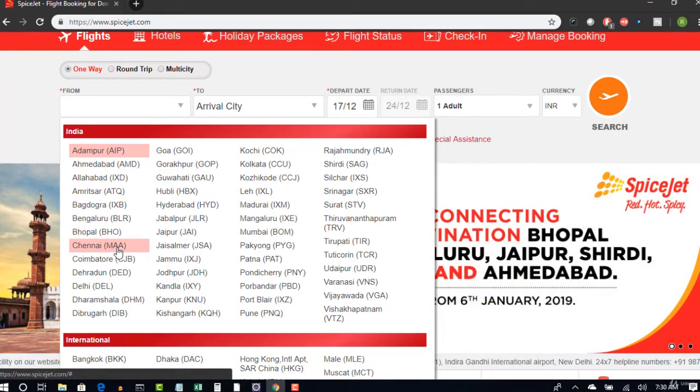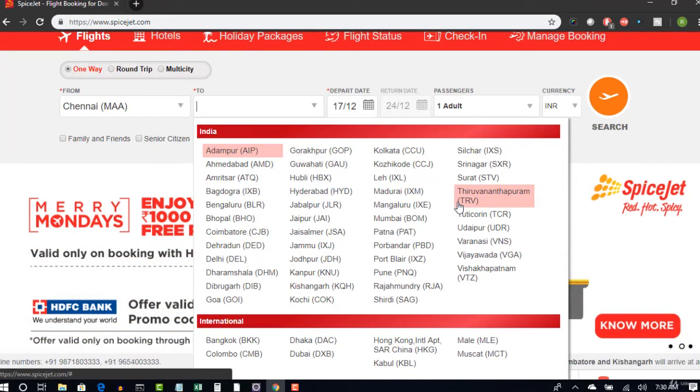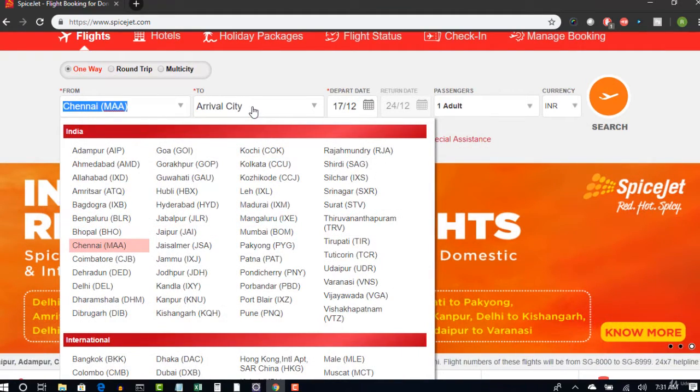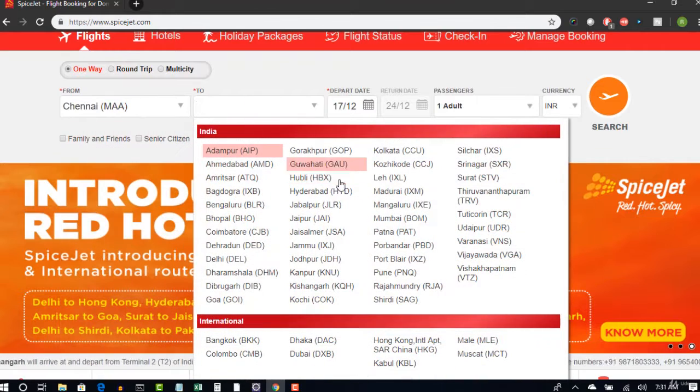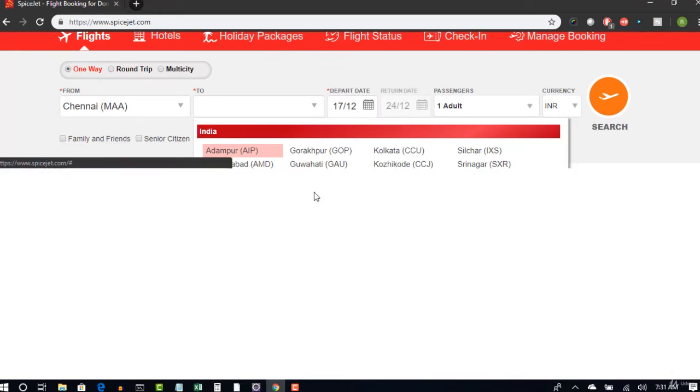They will get loaded only after you select any city here. So let me select Chennai, and then you see these options are loaded. So these are loaded based upon user actions. That's why we call these drop downs dynamic drop downs. And technically, I'll show you what exactly the difference is compared to other drop downs here. So first of all, I'll go to inspect.